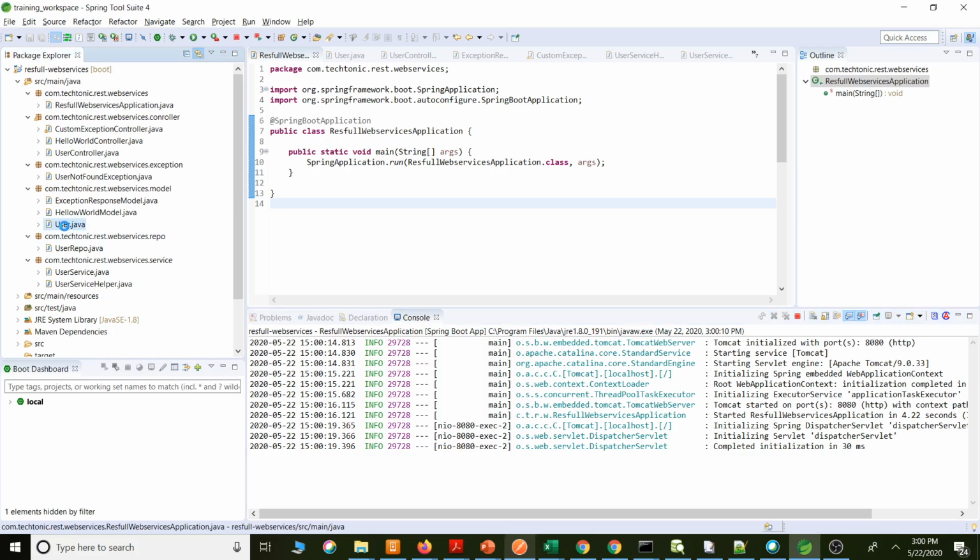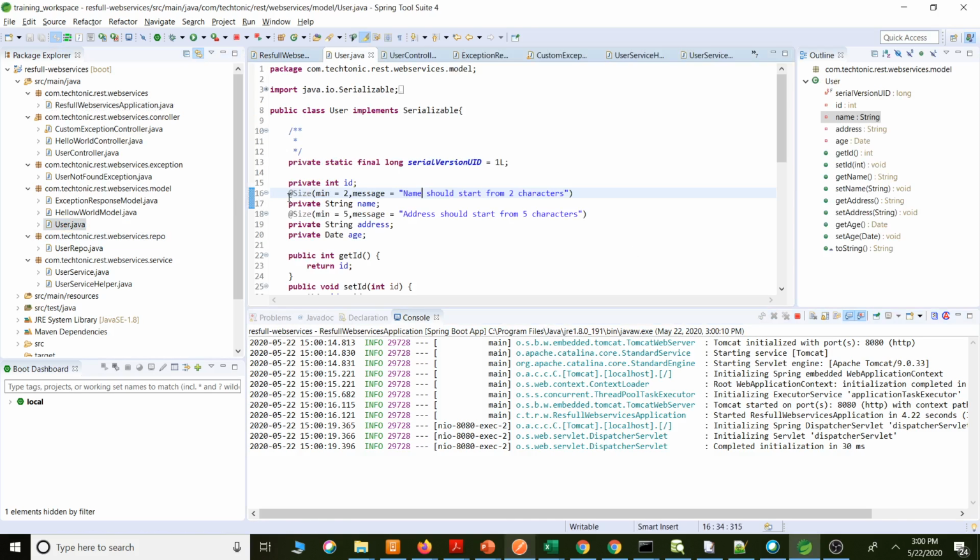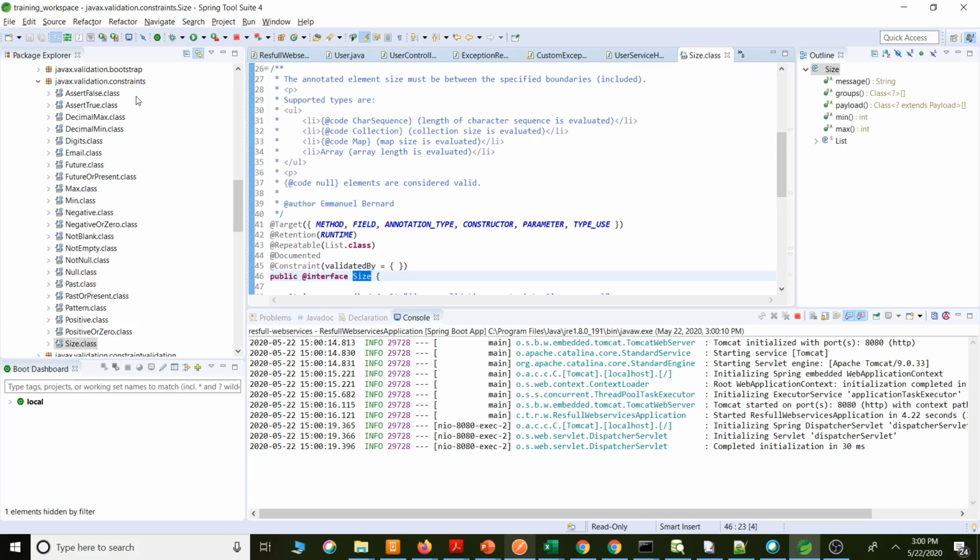How are we getting them? We have added the @Size annotation, which is available in the javax.validation package, the javax.validation jar. These are all the validations in javax.validation: positive, past, future.